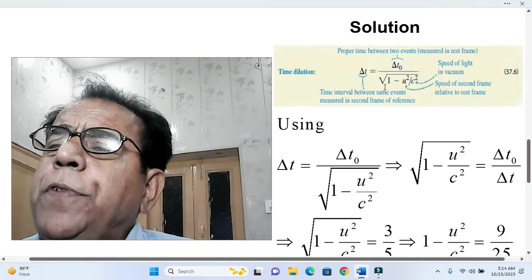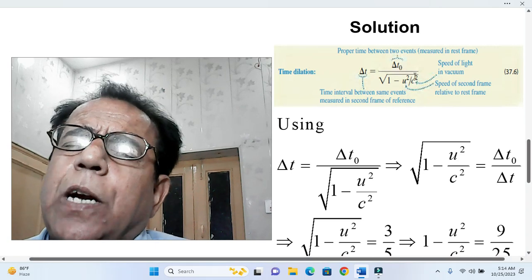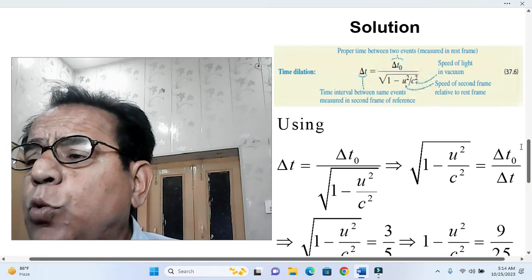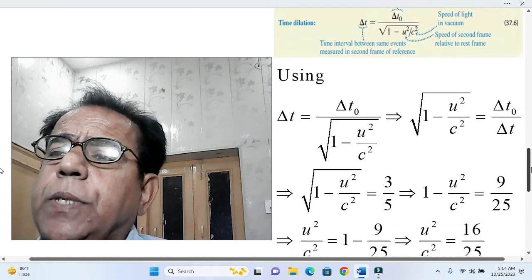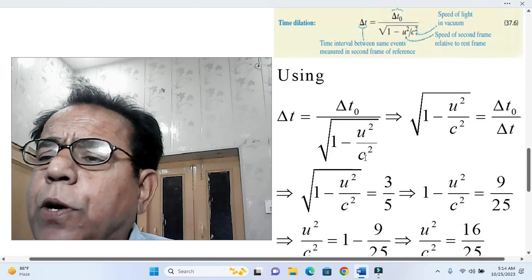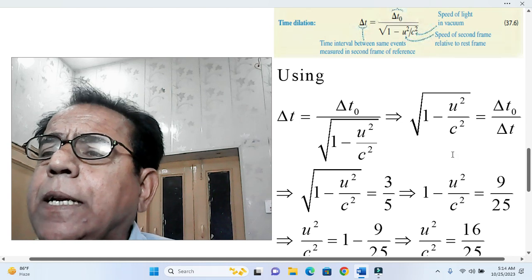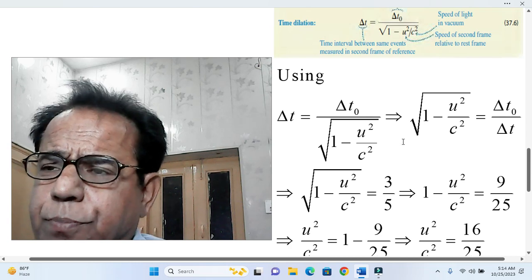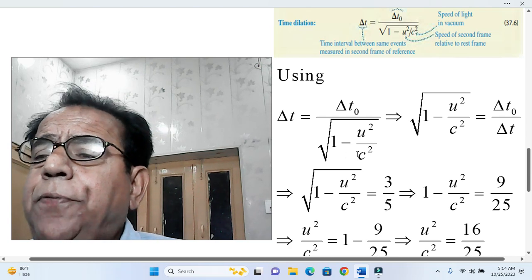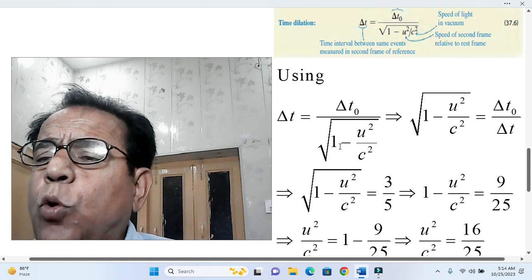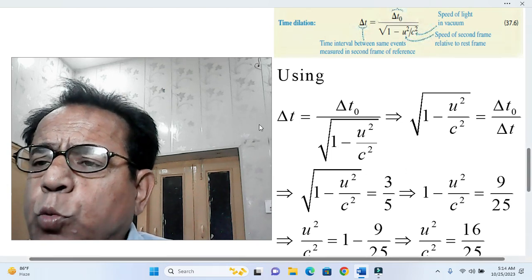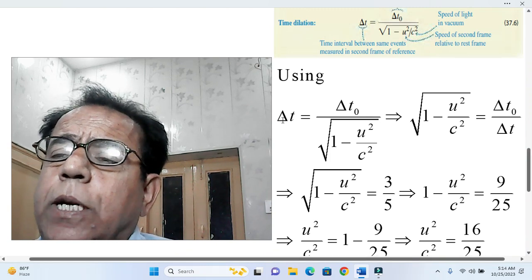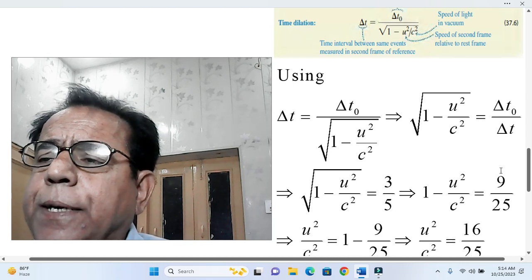So within the framework of guidelines provided by this snapshot, we begin our solution in a formal manner. Using delta t equal to delta t naught over the square root of 1 minus u square over c square. If we shift this factor to the right hand side, it will be shifted to the numerator. On the other hand, delta t when shifted to the other side of equality will become the denominator. So we will get